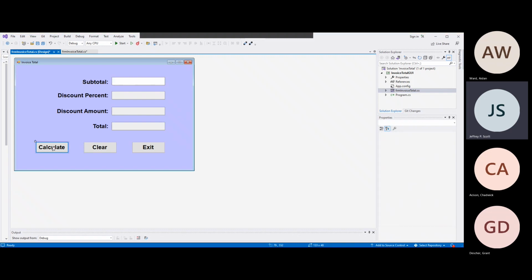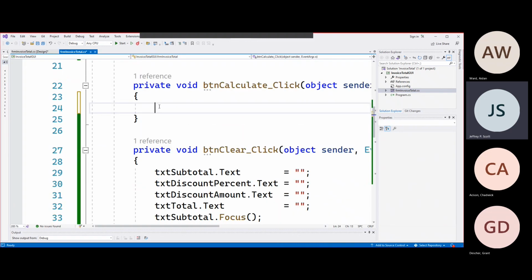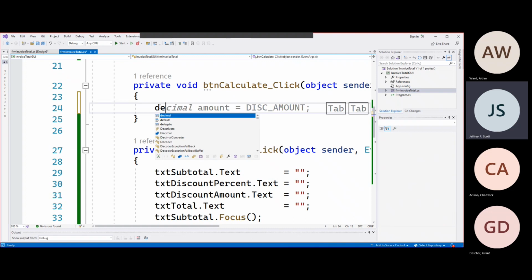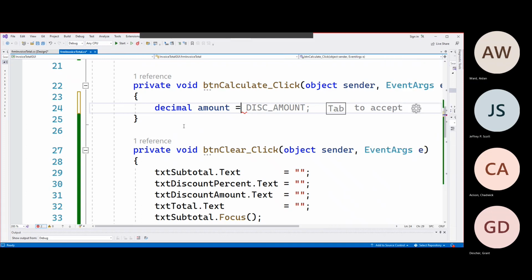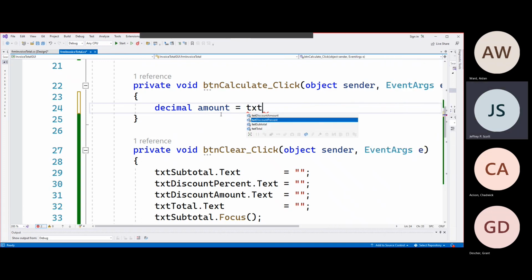All right. So let me come back to here, and I'm going to create three variables. So I'm going to say decimal amount, and I'm going to set that equal to whatever I put into that text box. So txt, what was it? Subtotal